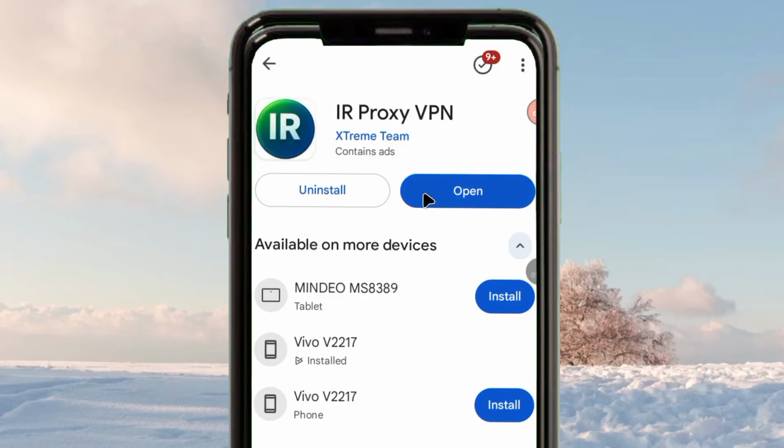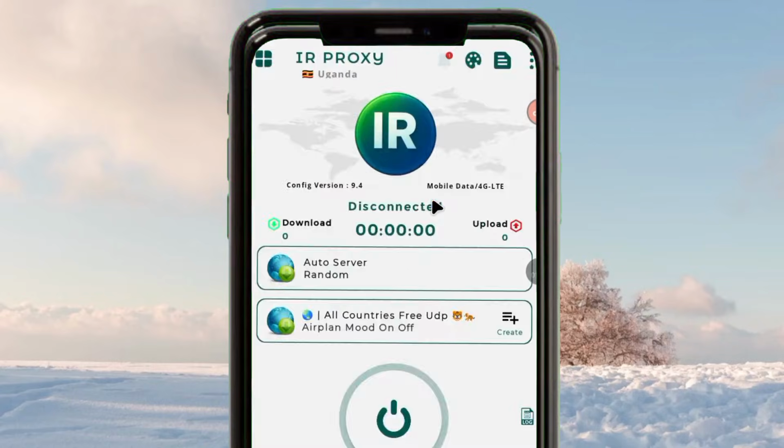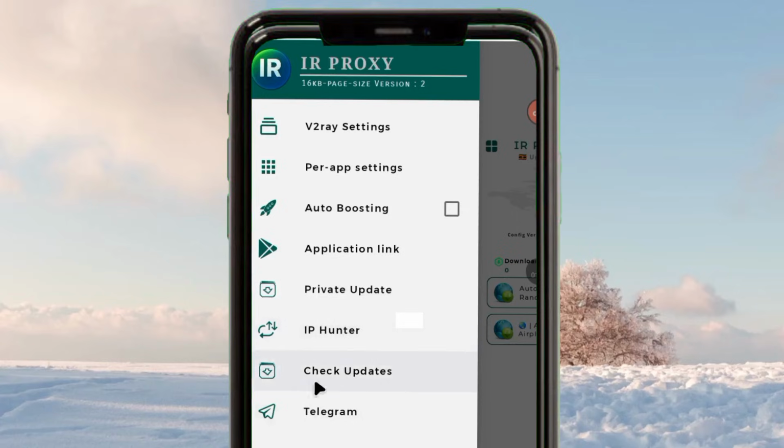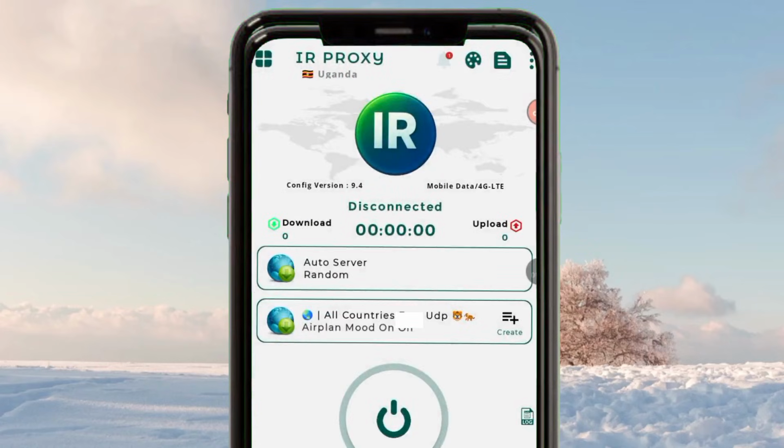For the app to work, you must set it up. To set up the app, open it, and it will take you to its home screen. When you reach the app home screen, you are required to set it up. First of all, you tap on the four buttons in the upper left corner. Then from here, you check for updates. You click check updates, and the app will start to check for available updates, and it will update to the latest version in order to provide you with the best service